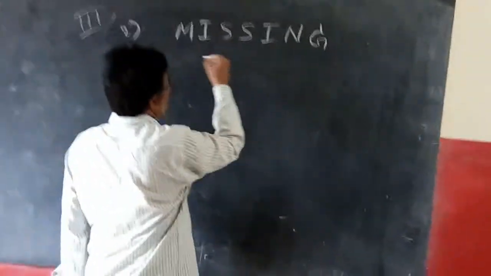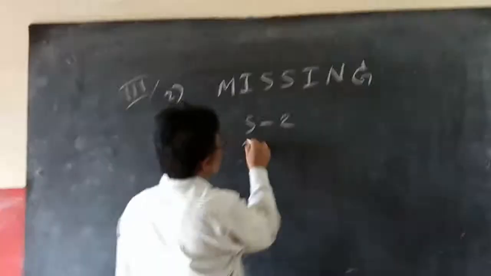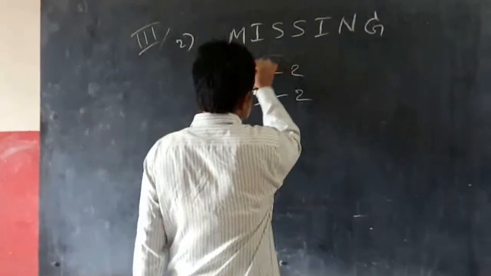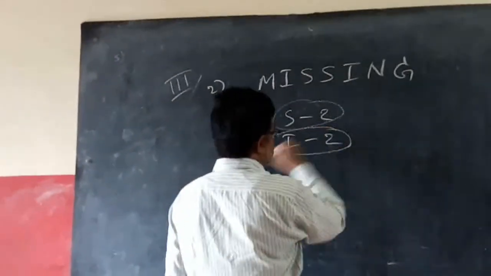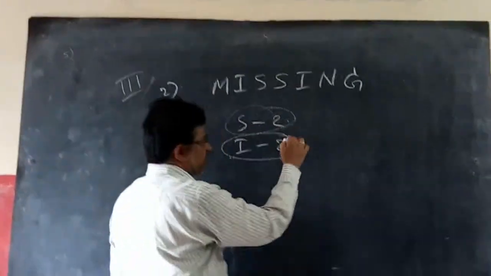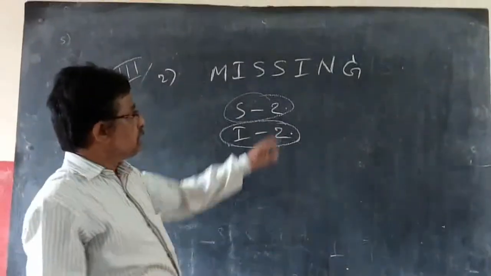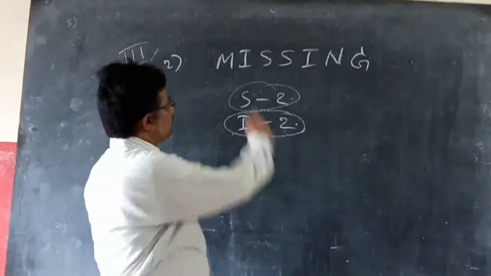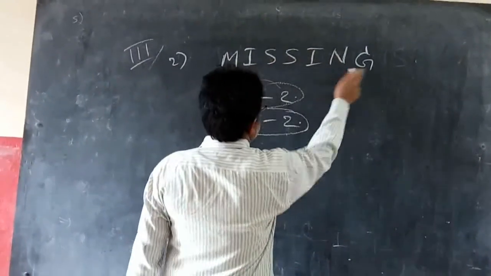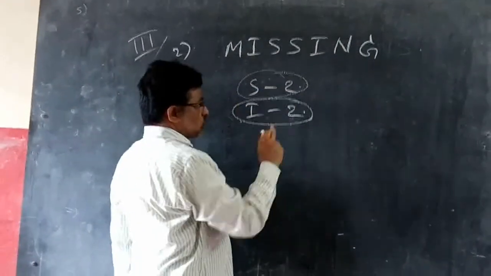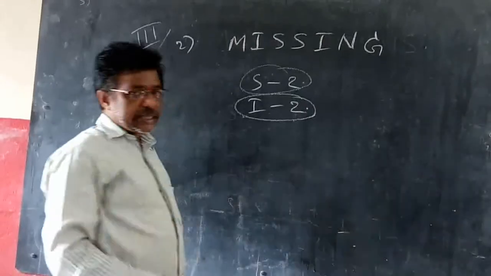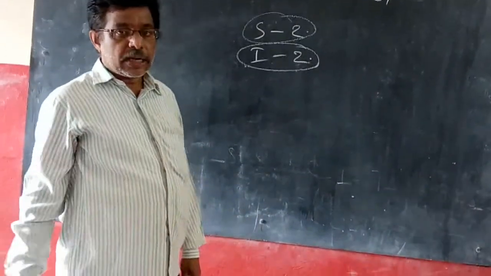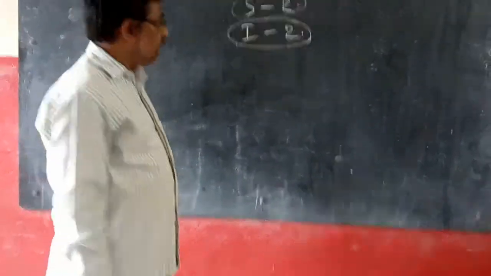Here there are two S's and two I's. He is asking that these two are together and these two are together. Considering this as 1 unit and this as 1 unit, these are 2 units, and the remaining are not repeated, 3 units. So 3 plus 2, a total of 5 units, I need to arrange in a line.